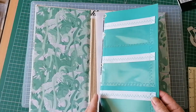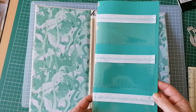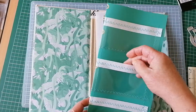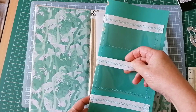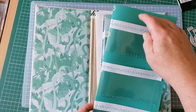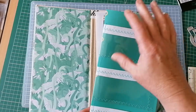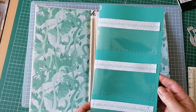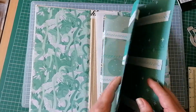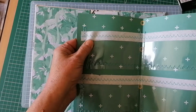Quite successful sewing in the pockets, quite pleased with them. I put some white tape at the top. It's a thin, weird, fabric-y type tape because I was having trouble seeing the top of the pockets, and I just thought that might add a little bit of resilience to them as well. So I've gone a bit wonky, but it doesn't matter, and this one's a bit faffed up, but